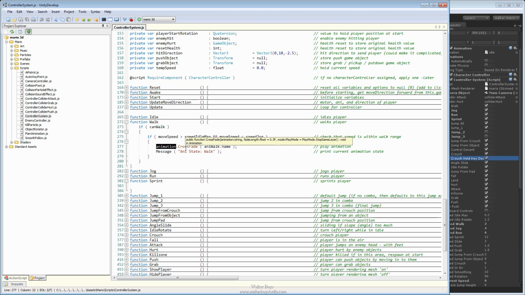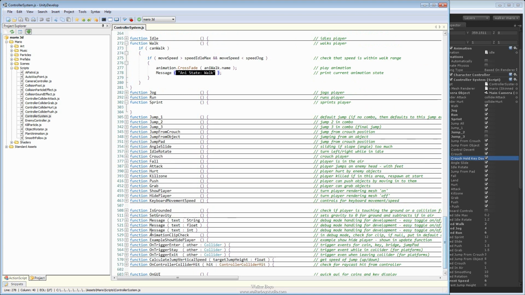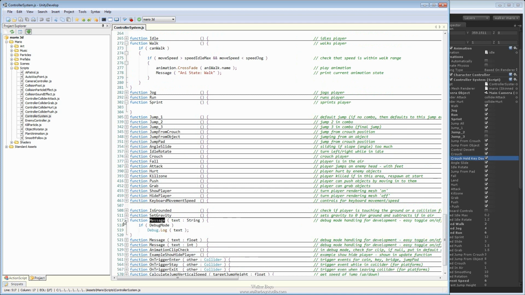So you don't have to actually define it. You can use the default option for it. Alright, and then the last part, looking at this, it looks like they're calling up a function called message. Now the message function, it looks like it just takes one argument, one parameter here. If I go down to where the function method message is at, notice it's just an overloaded function. It's got one to hold a string, a float, and an integer. Inside of it, you can see that it's actually calling up a debug log, and it's just printing whatever is